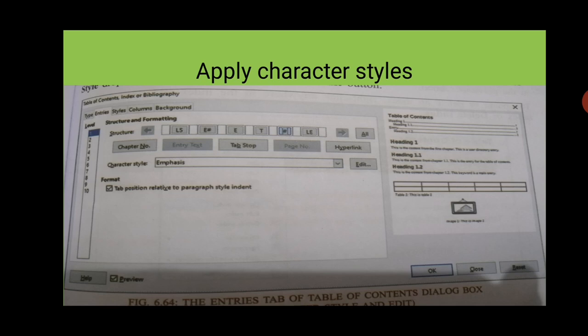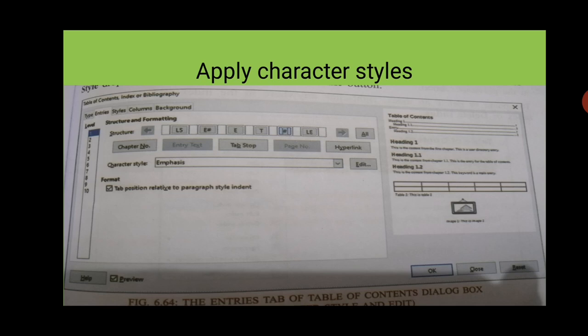You can see in the other option, the entries, there you can select character style, and you can add any kind of thing. You can see in this picture easily there are some kinds of headings. Character style you want to choose from here, when you click on the drop down menu, click on the edit option, and you can also change it from there.